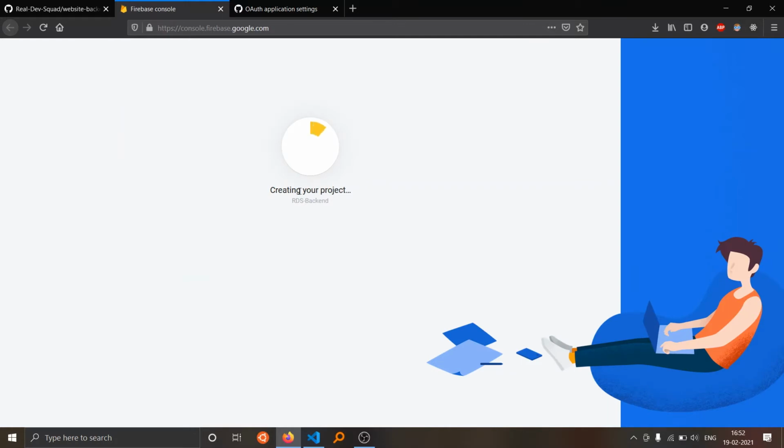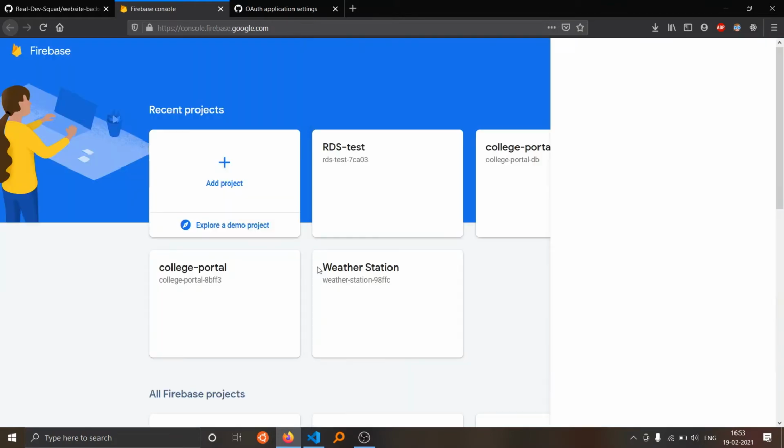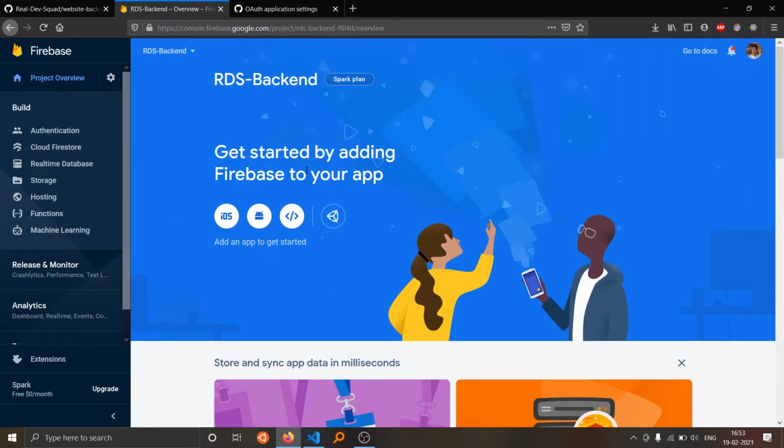Basically we'll be using Firestore as our database, and it is a NoSQL database. What we'll be doing here is generating a JSON file which contains credentials to access our database, so that our project knows what database it has to hit, and it will have the credentials for that in the JSON file. So it is finishing up. Yeah, continue. Once that's ready, it will redirect us to our project.